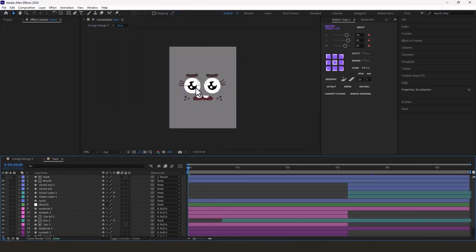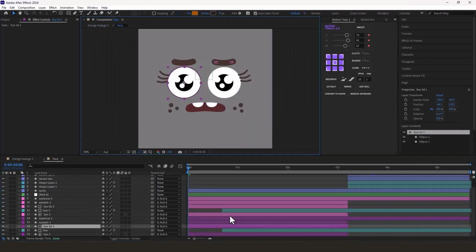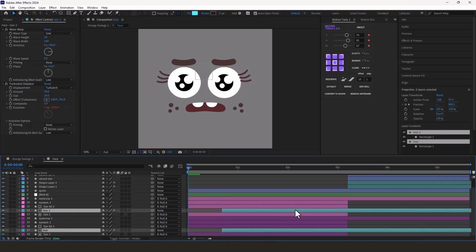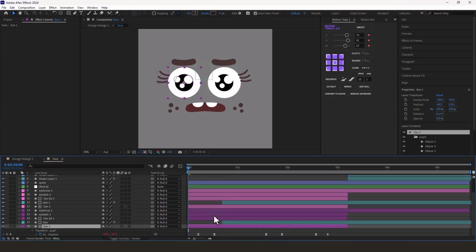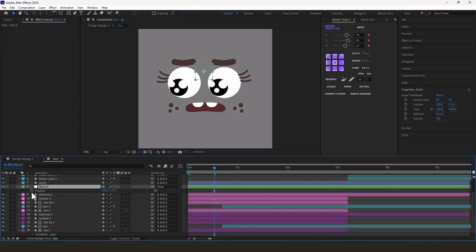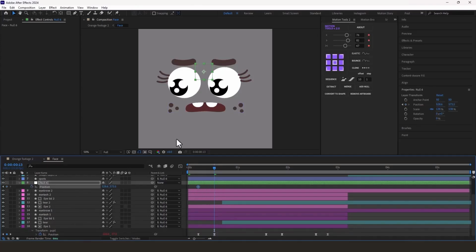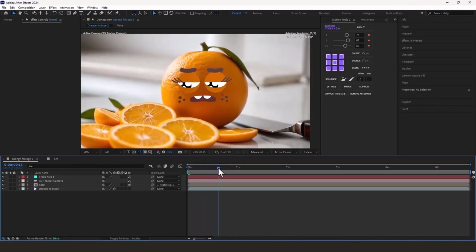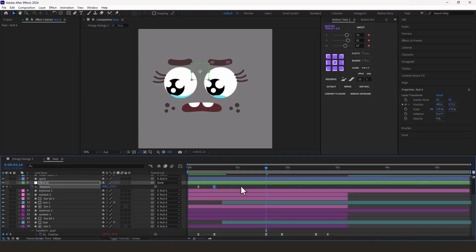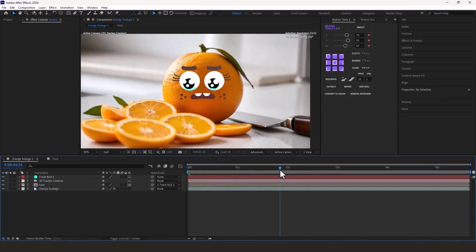To make the animation more engaging, when the eyes move left and right, the whole face should move a little too. To do that, I parent all the face elements to the same null. So when the eyes look left, I slightly move the null to the left as well. You'll notice it makes the animation feel more dynamic, like the orange is really turning its head. I repeat the same for other eye movements, adjusting the face movement to match the eye